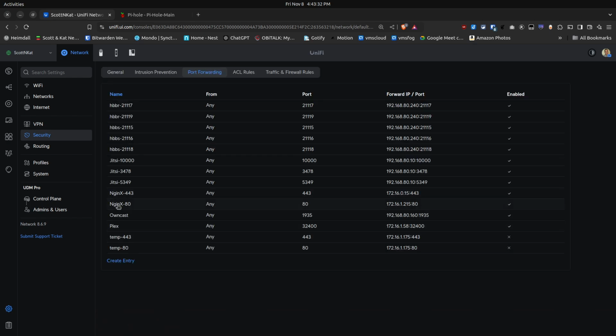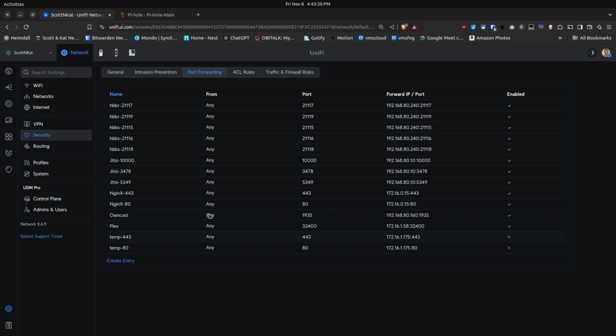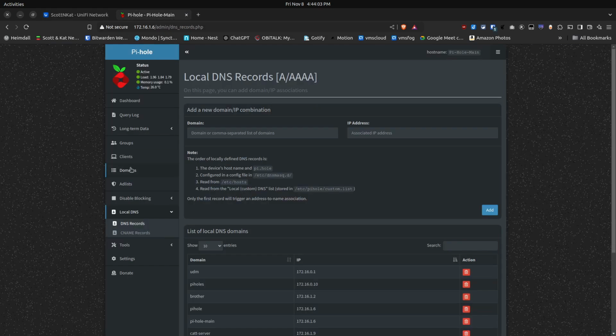And then I want to go to Nginx port 80, and likewise I want to change that production NPM server to be the virtual address of 172.16.0.15 here as well, and apply changes for it. So now we can see that we're pointing to the virtual address and not the address of either NPM or NPM backup. Now, headed back over to the Pi-hole here, I'm going to do a search for Scotti-BYTE.com, and